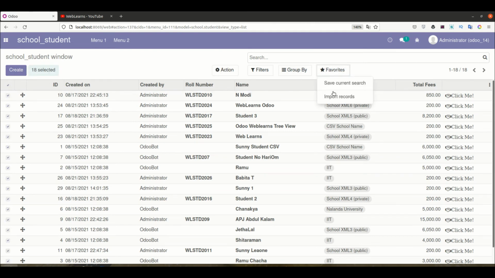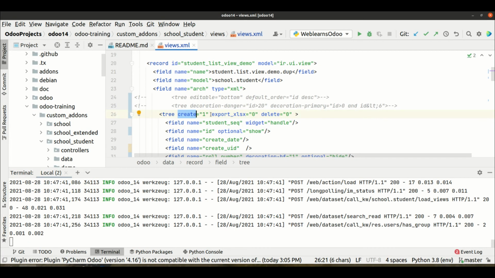If you notice here, once you use create equal to 0, I mean making this option invisible, by default this option is also invisible. Sometimes in your requirements, maybe in the future, you might need the create option to be visible but not this option, and that is also possible. So here we only need to add import, and simply mention it as 1.